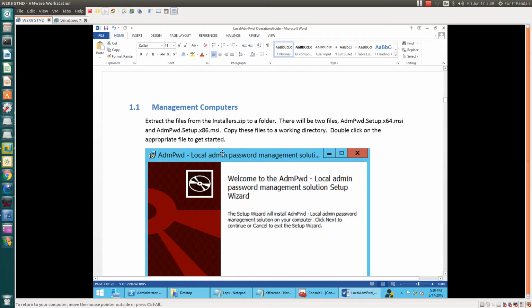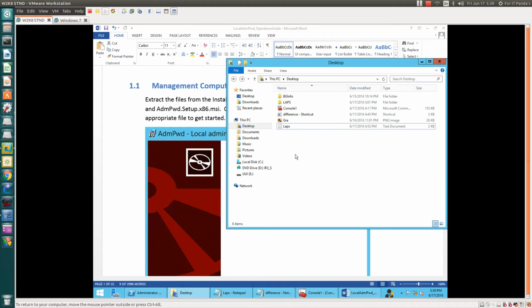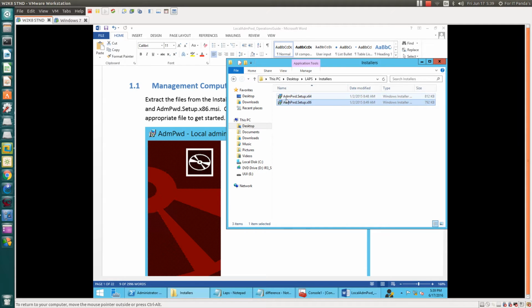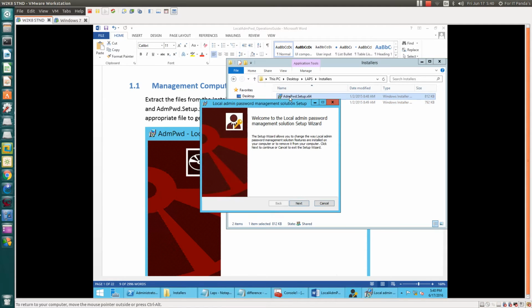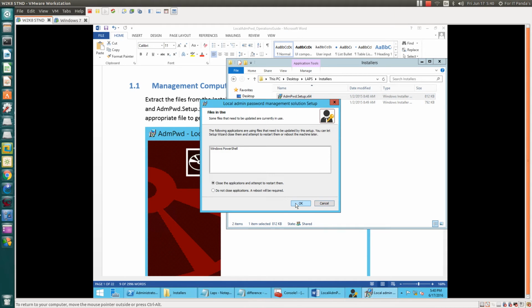The first step is to download the application. I have already downloaded it on my desktop, in LAPS. This is the application. Let's install it. I have already installed it on my workstation, but let's run it again so I can explain.